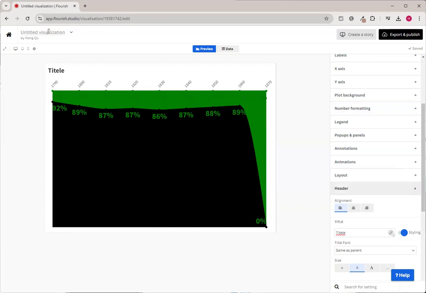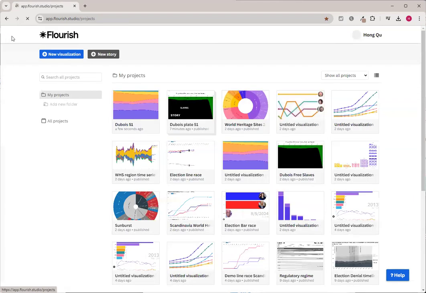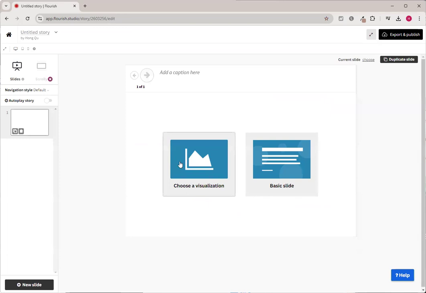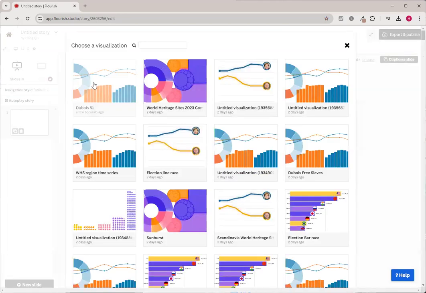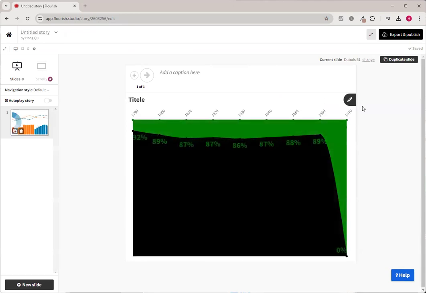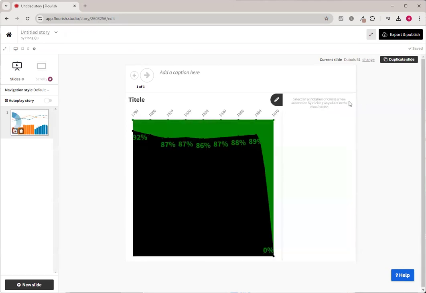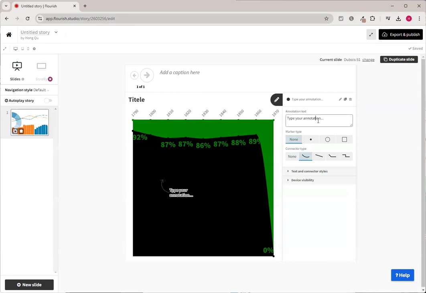Finally, to make it into a story. So let's save this. It's all auto saving, but let's give it a title. So you'll save the title, Dubois. Okay. And then you go back to your main dashboard, homepage, go to new story as opposed to new visualization, choose the visualization, which is the first one, Dubois 51, because we titled it. You see this little pen icon, you click on it, that lets you do a kind of PowerPoint-like insert an object. So we're going to put this here and just click and type in the word